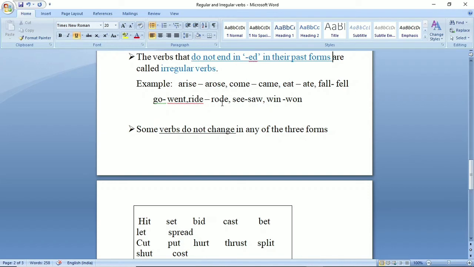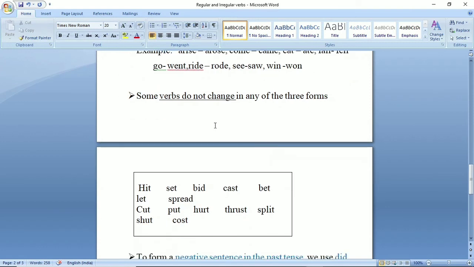Students, you can see very clearly that the base form completely changes, the spelling changes completely, right? Like go, went; write, wrote; see, saw; win, and won, right class? So we can say that in the case of irregular verbs, which are also called strong verbs, the spelling changes completely in all 3 forms, but sometimes the second form and the third form are the same. For example, win, won, won, right?